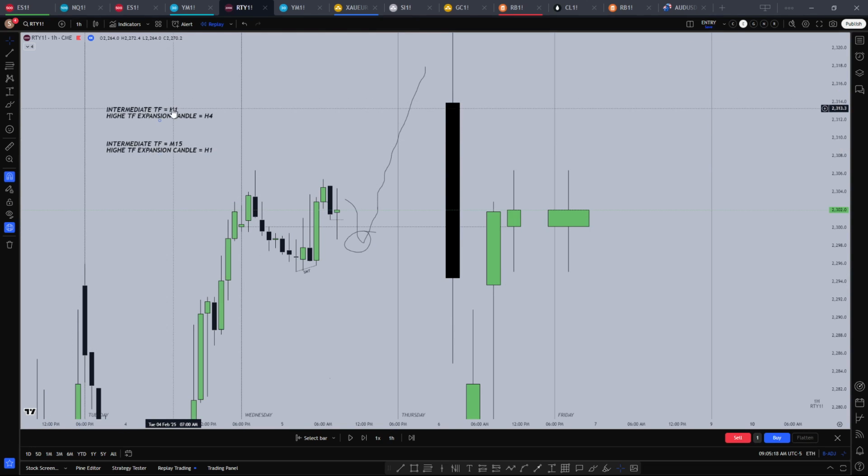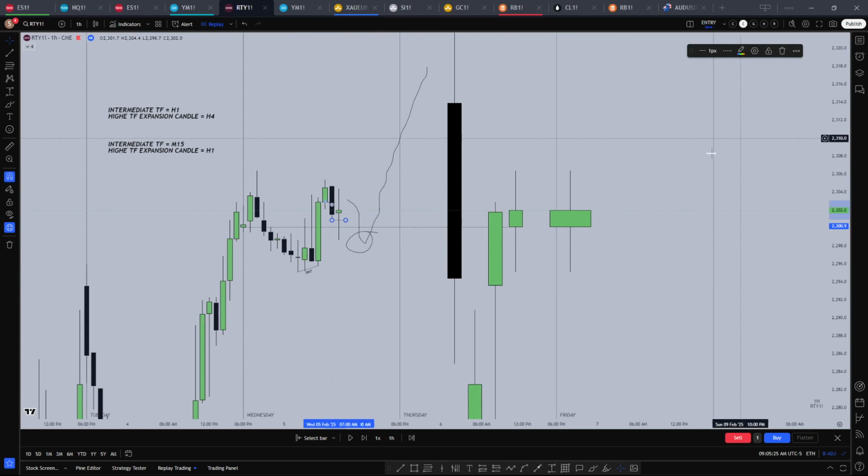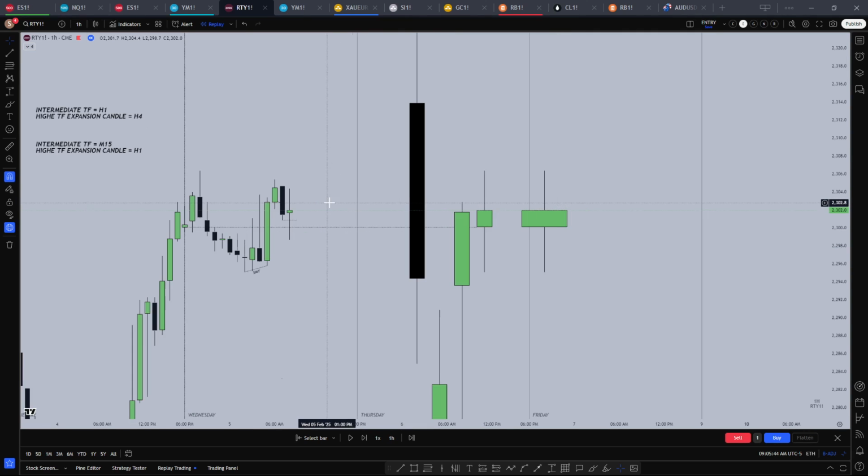Intermediate time frame H1. Intermediate time frame is basically the time frame you base your structure from. Like I am basing my structure on H1 currently, like London reversal, 8 a.m. reversal. Then I want to align this to the H4. Basically, you should do this every day. Increases probability, so why not? So when I see this,